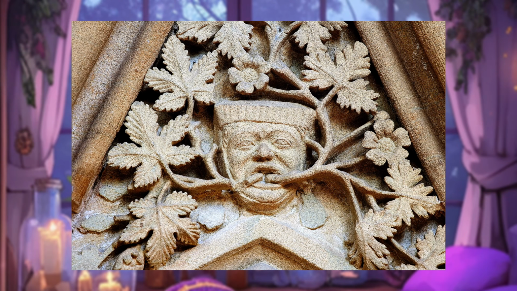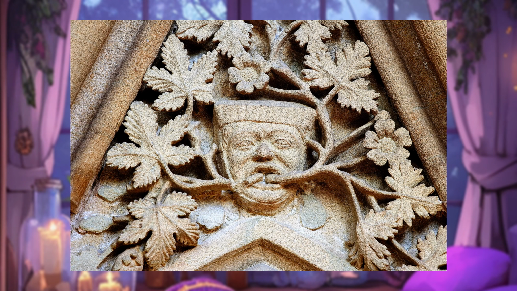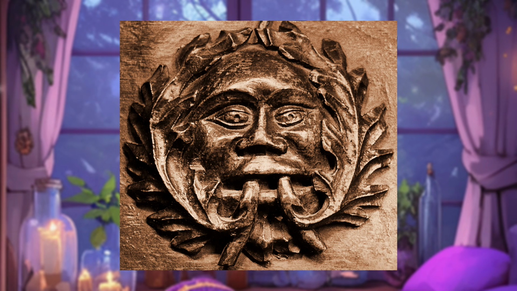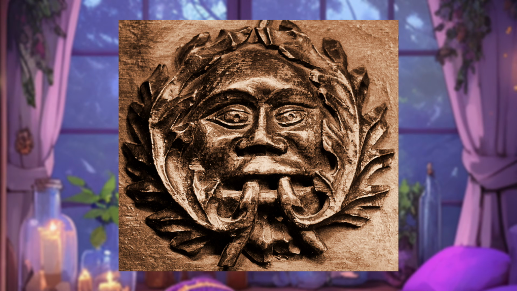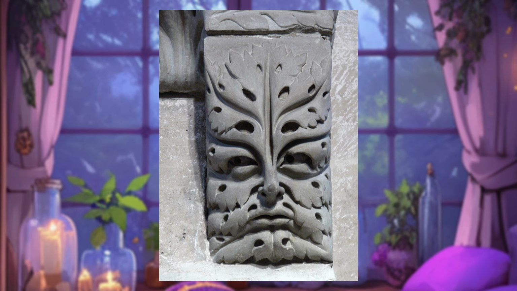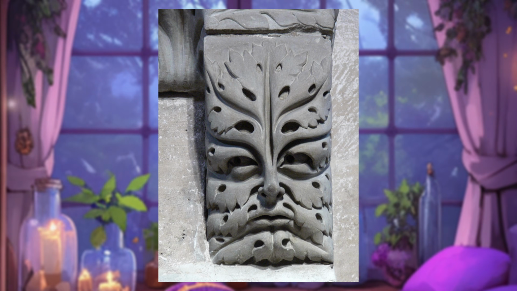Well, the first thing you need to know is that the use of the term Green Man to describe foliate heads didn't come about until the 20th century. And we're definitely going to get into how that came about. But foliate heads, of course, go back centuries. Here we are defining foliate heads as decorative carvings of heads with leaves sprouting out of their mouths, or with faces that are made either partially or entirely of leaves. In some cases, it's an otherwise normal human face, but with a beard made of leaves.